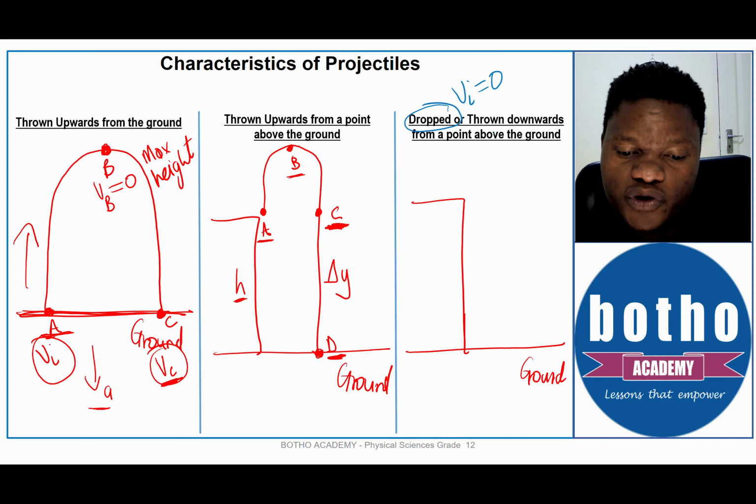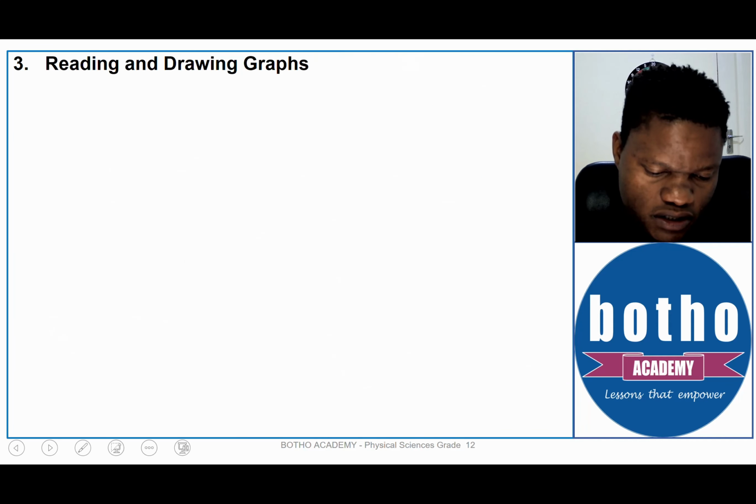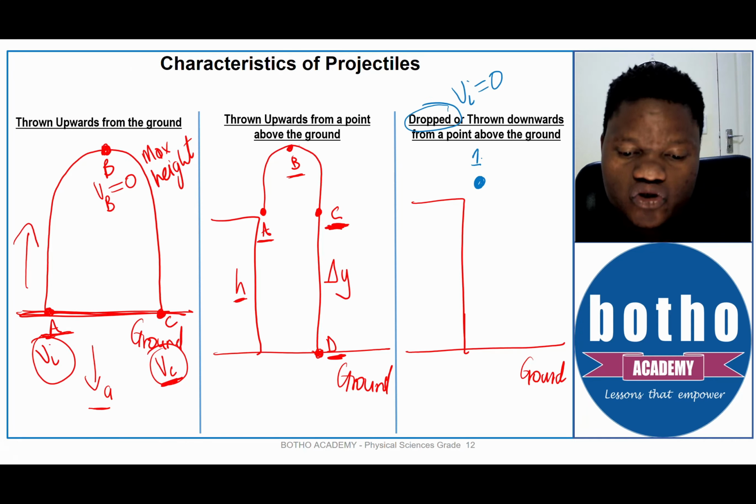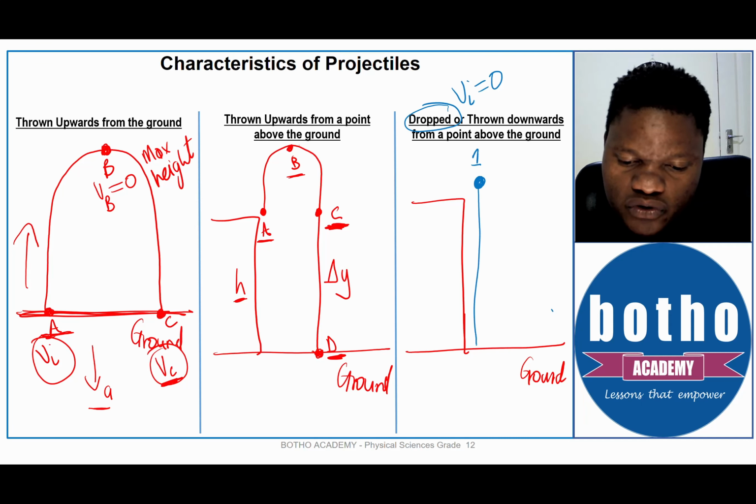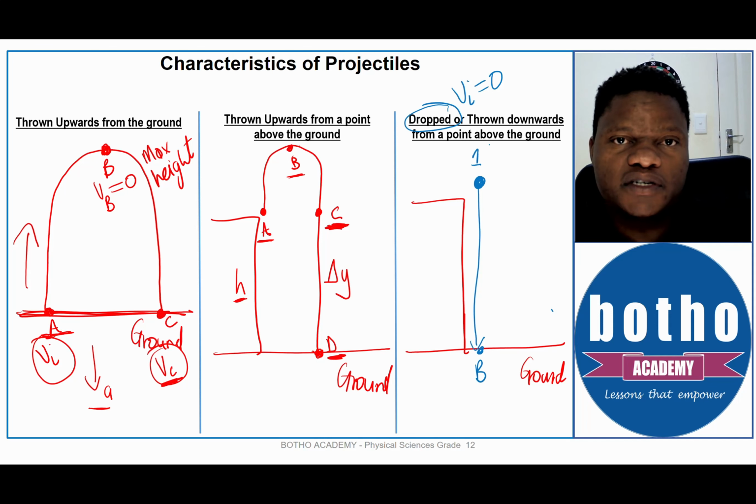It's different from when you are throwing it. So let's say here's motion number 1. It could be that you are dropping this object from the height above the ground, and then the object will go all the way to point B. Let's say this would be point B. The velocity with which the object is starting its motion is 0 because it's being dropped or released